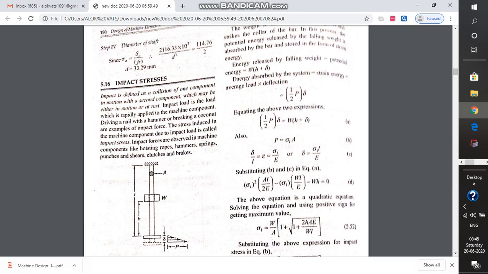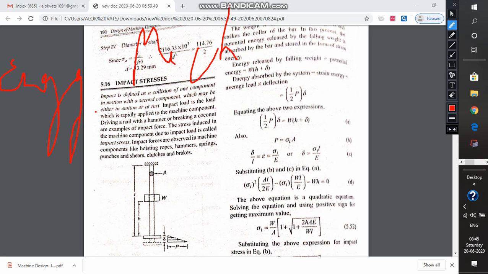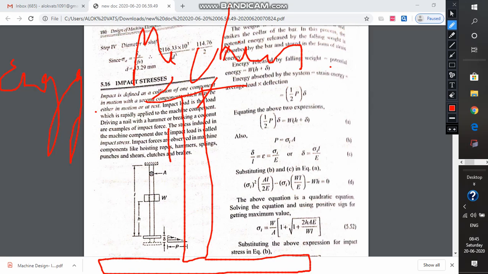Now we can see the further mathematical treatment. It will be done by using the simple formula of the conservation of energy principle. We have also studied it in engineering mechanics. Basics of engineering mechanics will be used for solving such a problem of the impact stresses. Now, this is the falling weight. Please note, this is the falling weight, falling from a height h, and due to this fall of the weight,